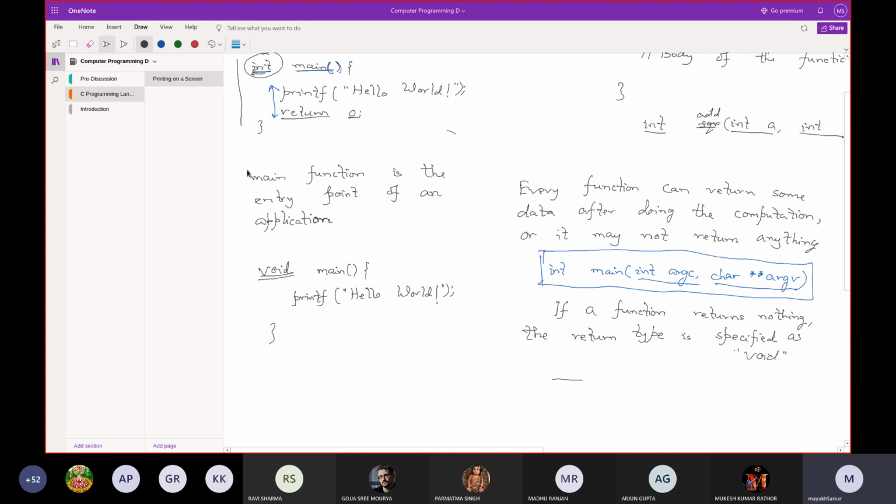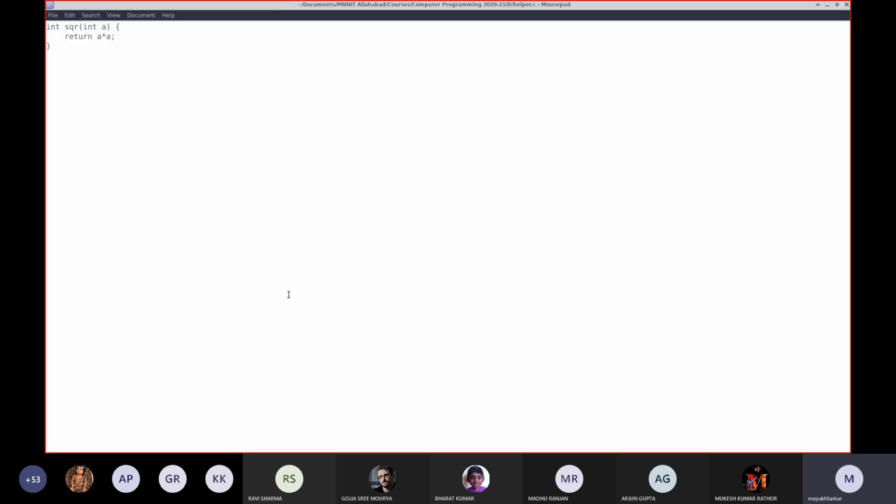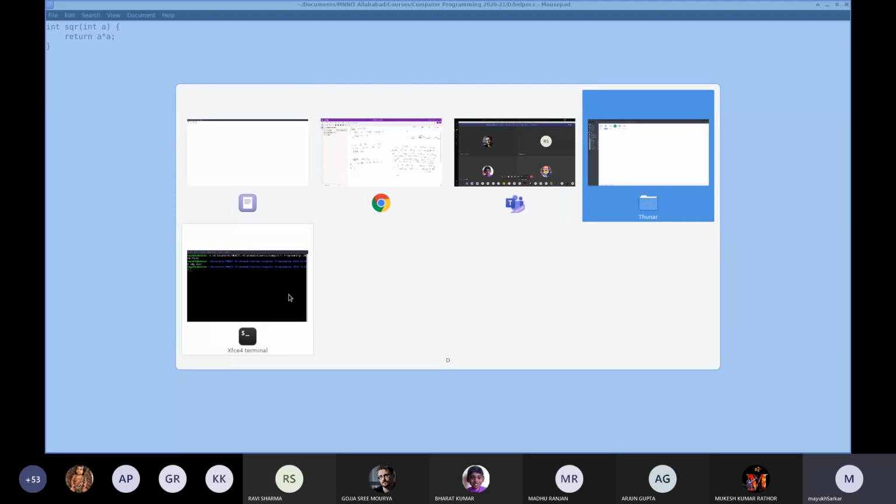So, what is the meaning of not returning anything? As for example, a function returns a data, right? Eventually, when you are invoking a function, as for example, let me just tell you. Suppose here you have the sqr function, right?